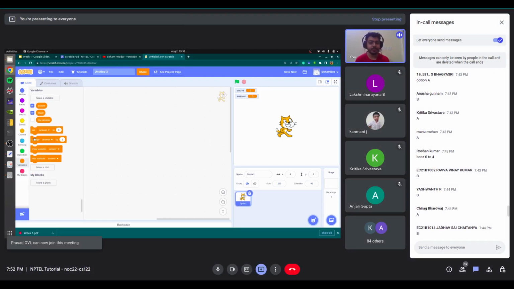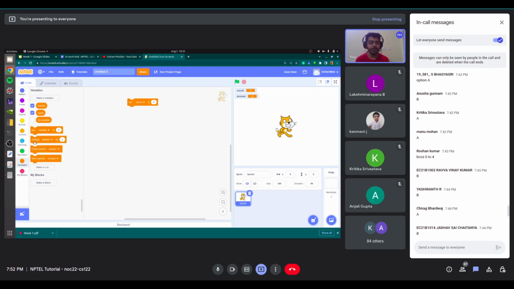Initially, we have to start with setting. So we click and bring it here, and then set answer. We want to set count to 0. So 5 times 0 is 0, sorry, and then 5 times 1 is 5. So set count to 0. We are counting up, so 0, 1, 2, 3, 4, 5, 6, 7, 8, 9, 10. So we want to print up to 10, first 10.